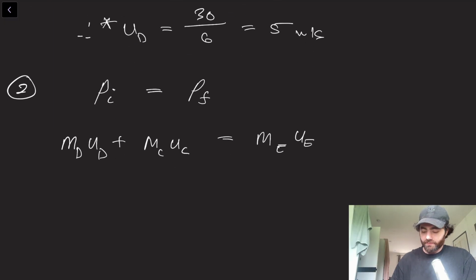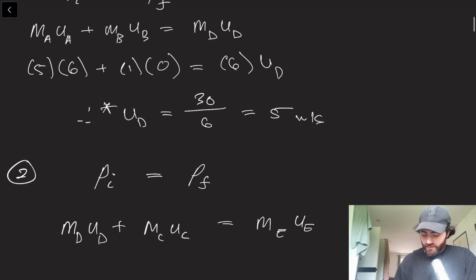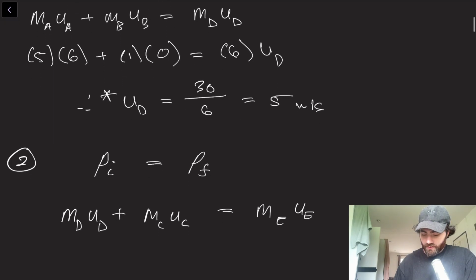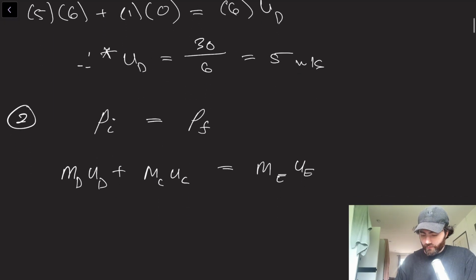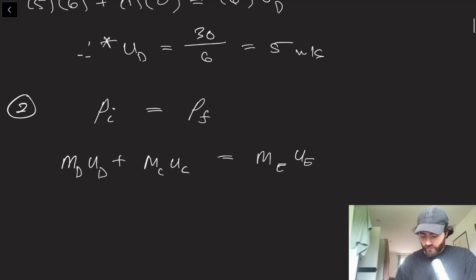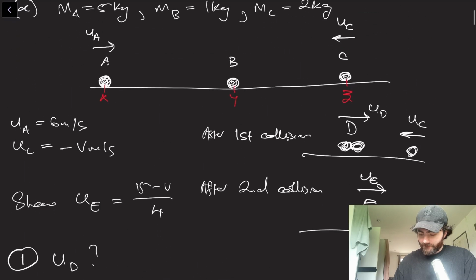It's just velocity. The mass of D will be 5 plus 1, so it'll be 6 times 5 plus